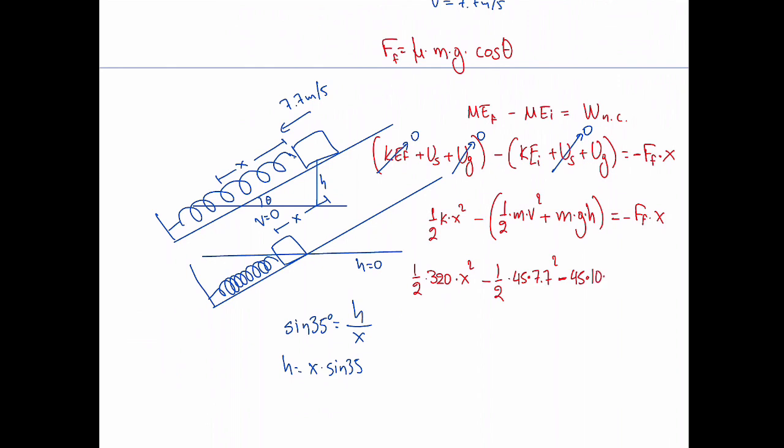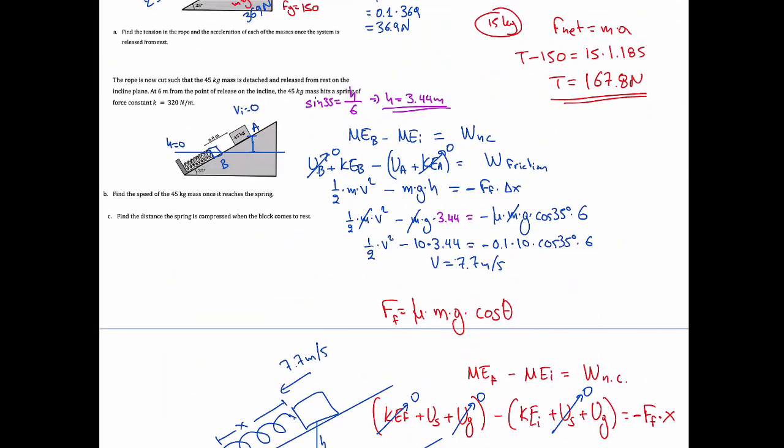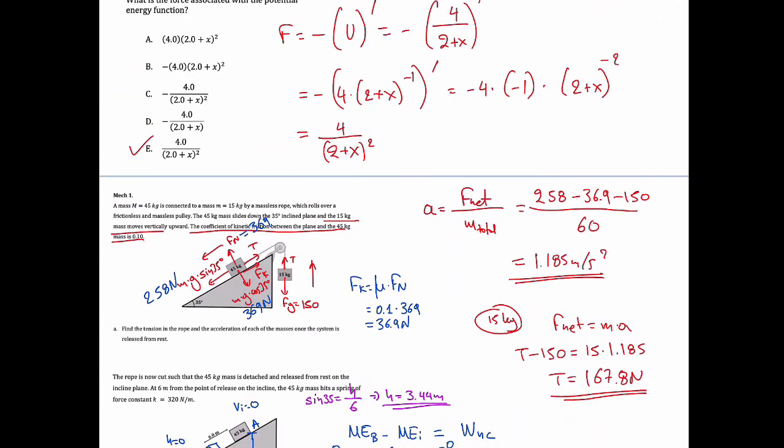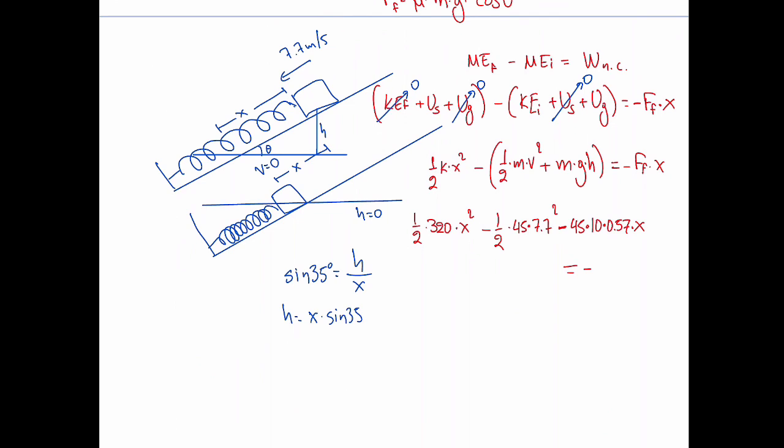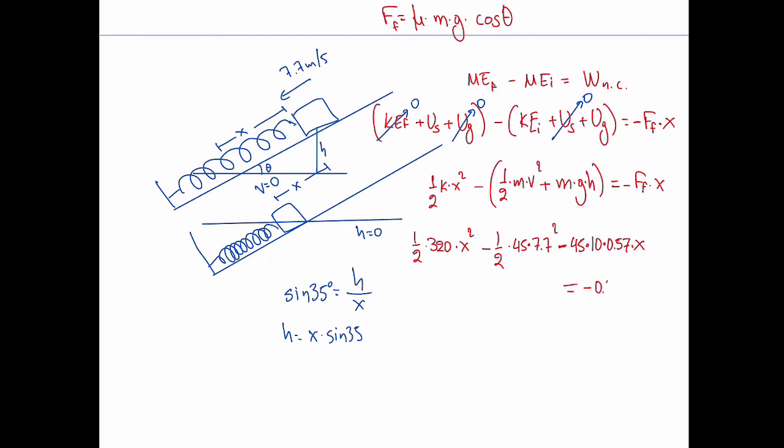The value of sine 35 is 0.57, so 0.57 times x, and all of this should be equal to minus the force of friction, that is mu, if I remember correctly, it is 0.1, so minus mu, which is 0.1 times mass times g times cosine of 35 degrees, and cosine of 35 degrees is 0.82